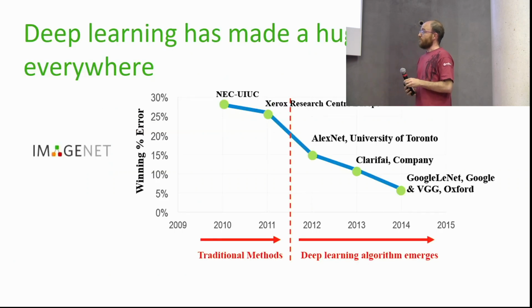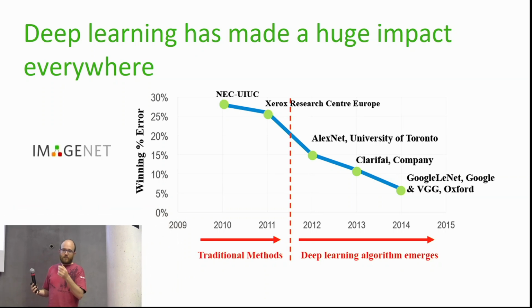I think there is no discussion now, everyone knows that in many fields, deep learning has made a massive difference, right? A lot of people show graphs like this, where this is the error in the ImageNet challenge that was decreasing very slowly at certain rates, and then bump, deep learning came, and there was a big bump in performance, and then it continued faster than it was advancing before. So deep learning made a massive difference for this particular task. And we tend to be under the impression that then this should apply everywhere, right?